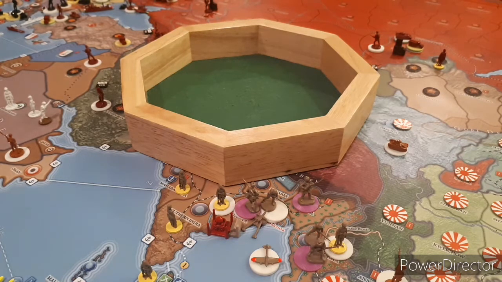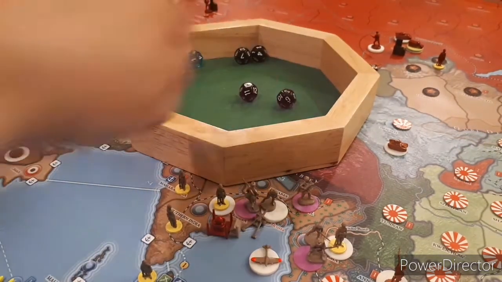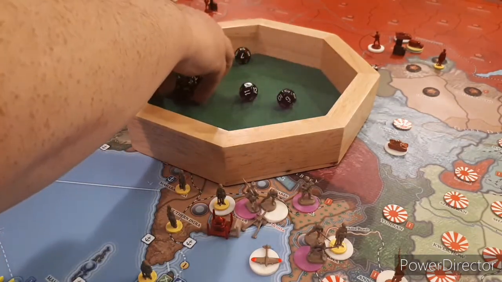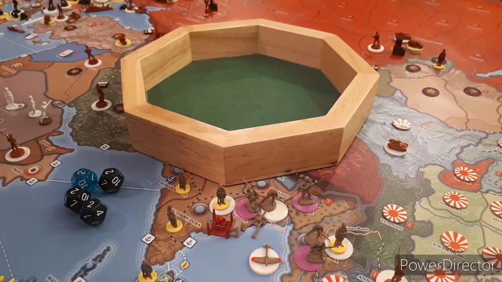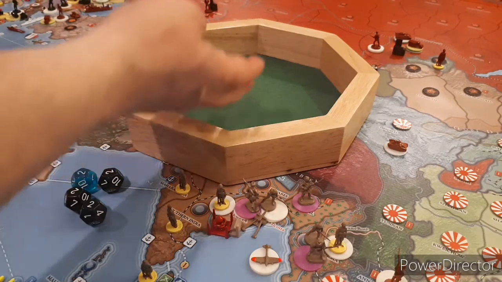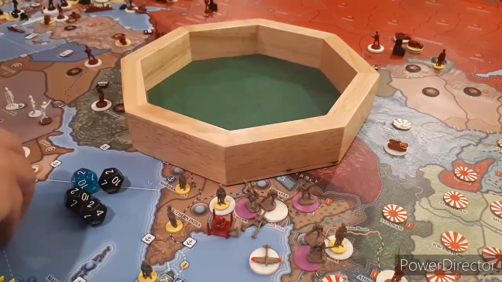5, 6, 7 infantry at 2. So wow, look at that. 1, 2, 3, 4 hits. I'll take that. 2s and 1s. We've got 4 Gurkhas at 2. They're all misses, and 3 fighters at 6. That's 3 more hits. So that is a total of,